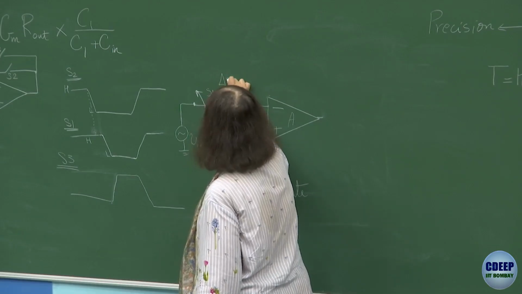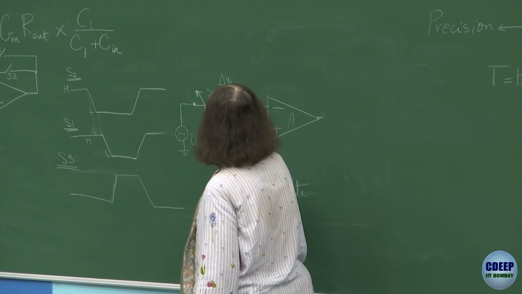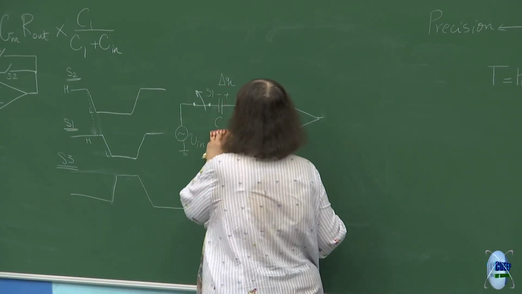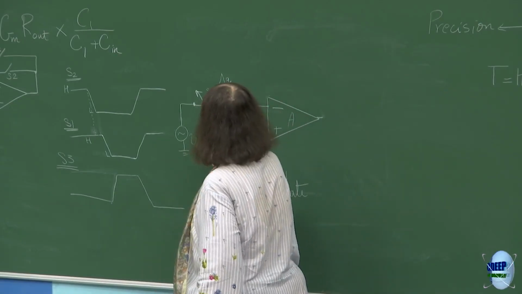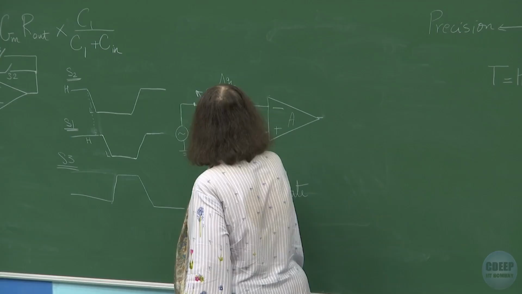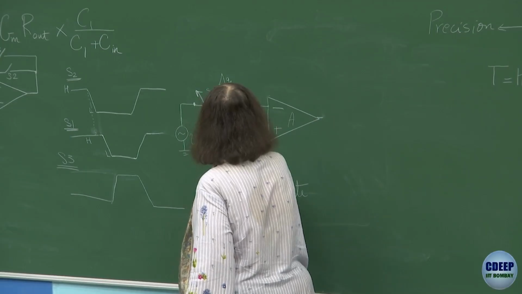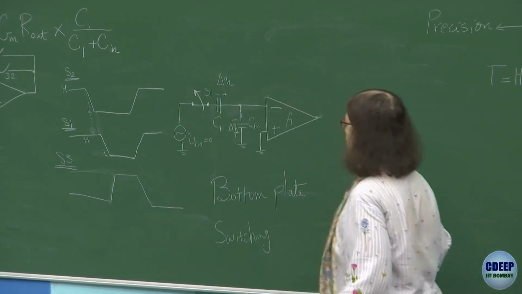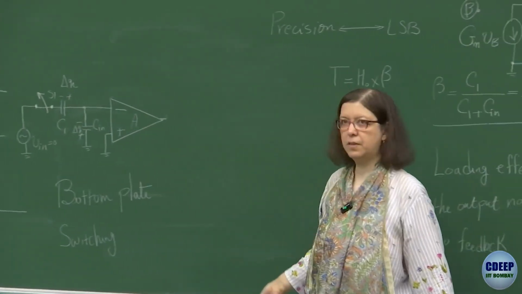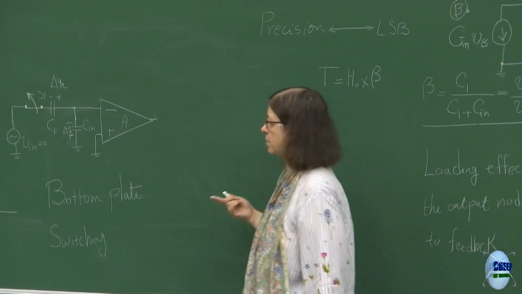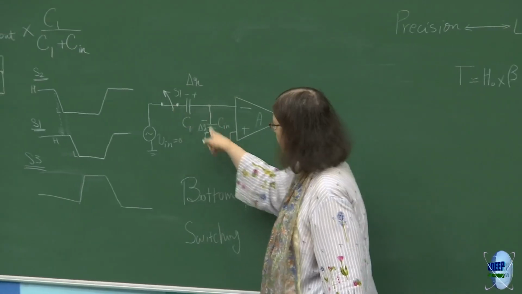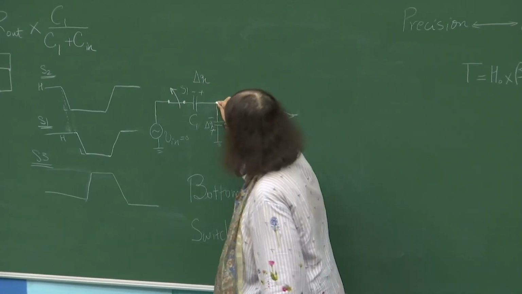Let's say delta Vin is 0, because that doesn't matter really. It's not a part of this discussion. Say Vin is 0. What matters right now is this injected charge, not Vin. Suppose this kind of charge comes. The charge on these two capacitors is equal because you have only one pad. And therefore, if you look at this node B,